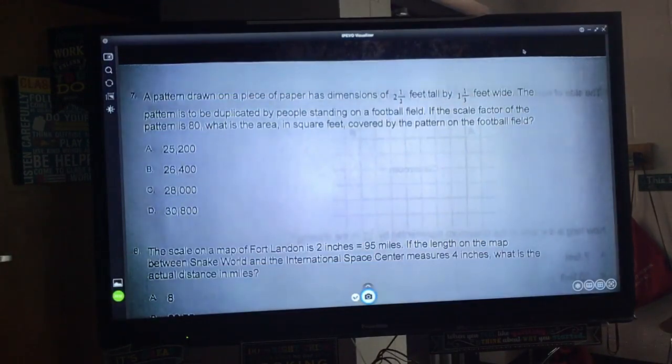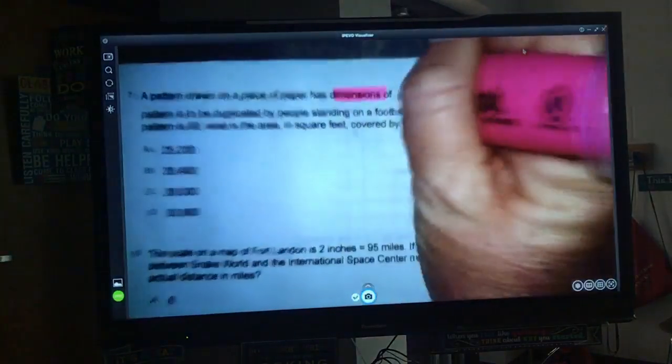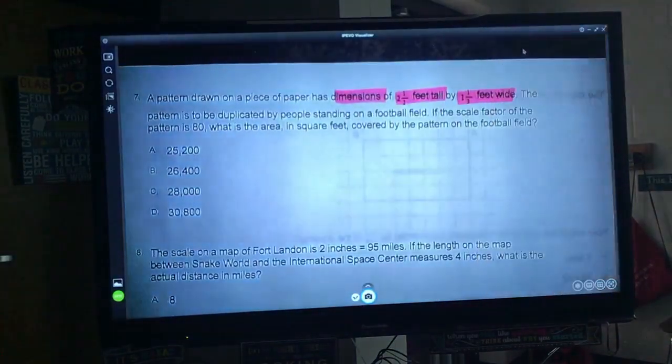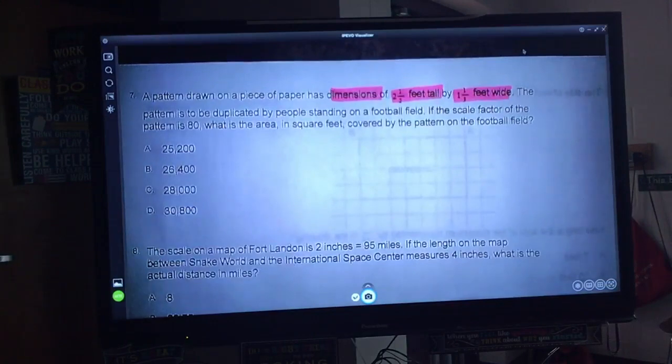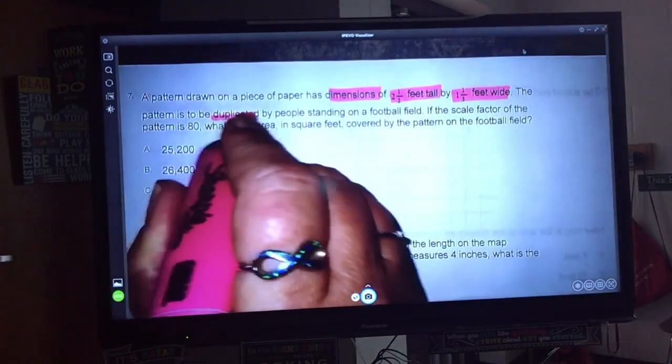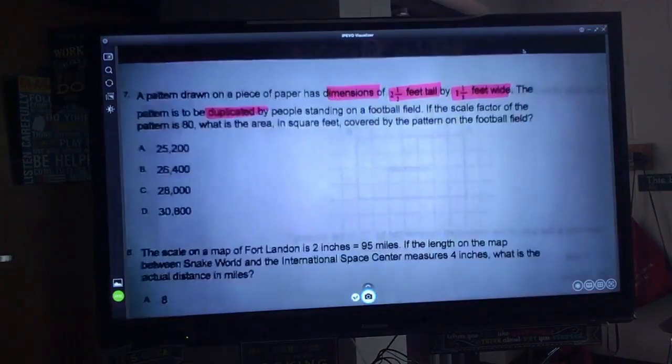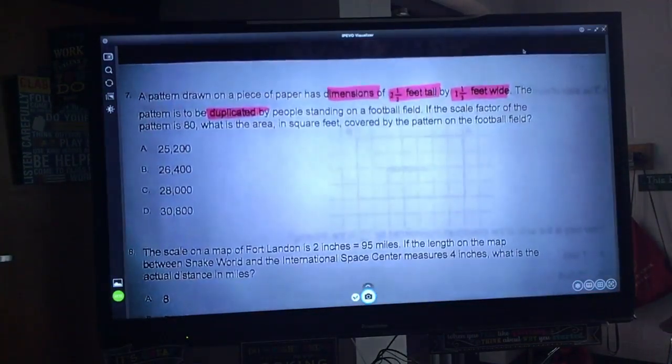Alright, so what is important to start with? Haley, let's go in order. What's important to start with? 2.5 feet tall. So we know that the dimensions are 2.5 feet tall by 1 1/3 feet wide. Alright, what else is important? Cooper. So it's to be duplicated, which tells us, now, with that word, is this,